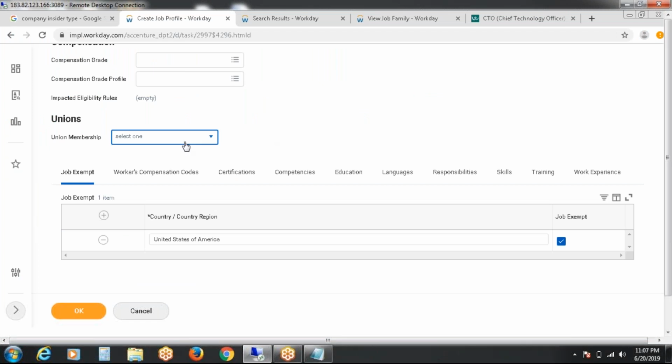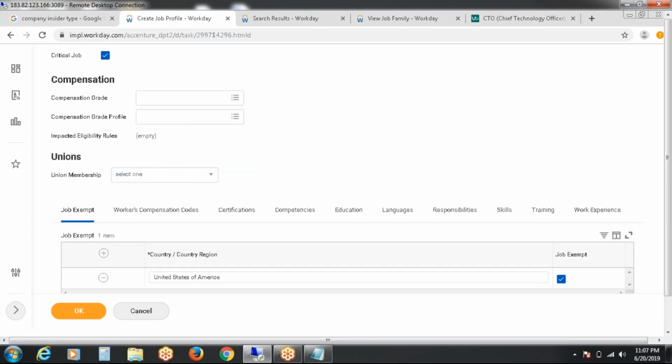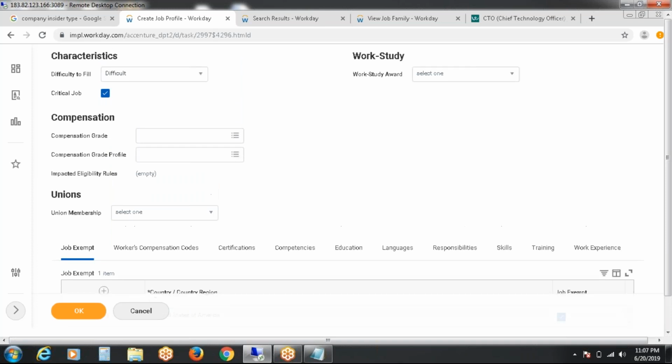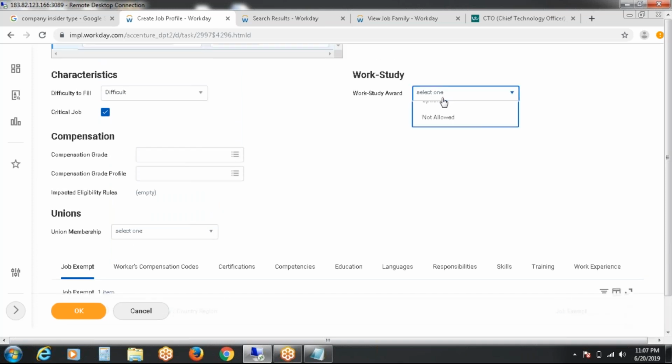Union membership will be applicable for particular countries, like the USA or UK. Whether it is optional, not allowed or required is based on the country selection. Work study award is applicable for the USA.